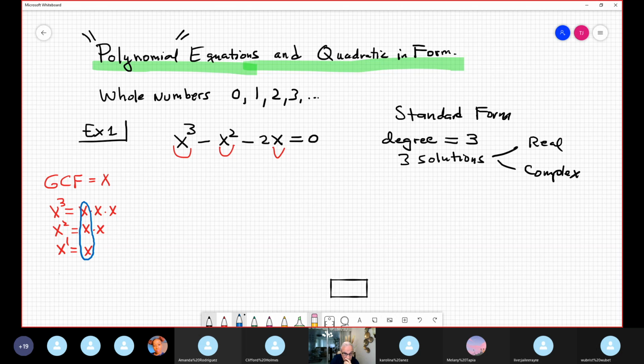Okay, factor out 1x. Open parenthesis and copy inside the remaining part. See, you have